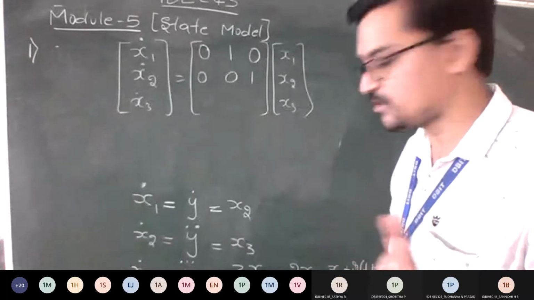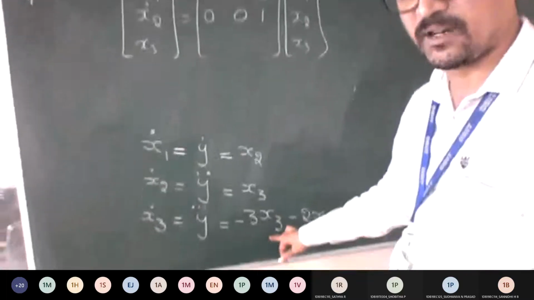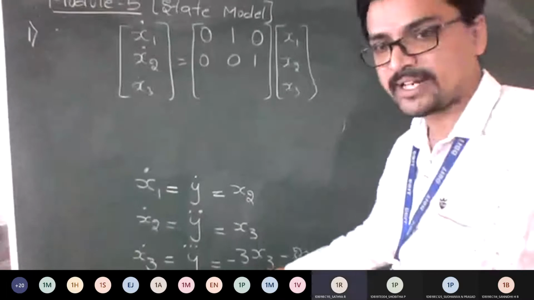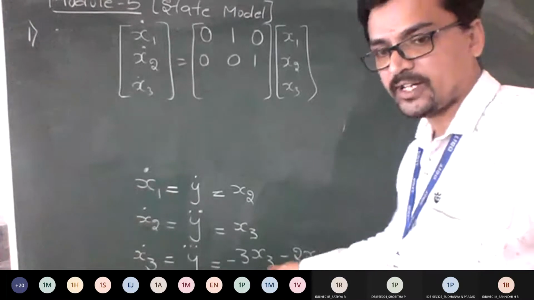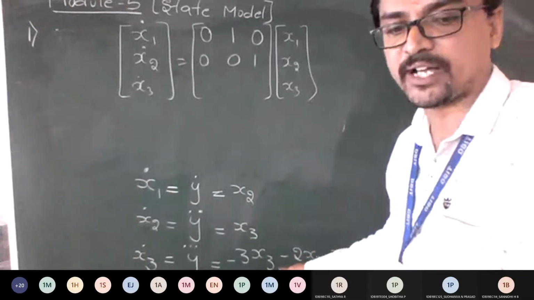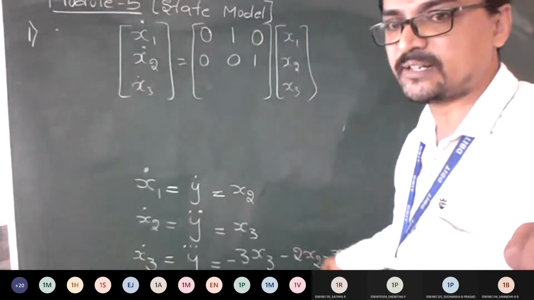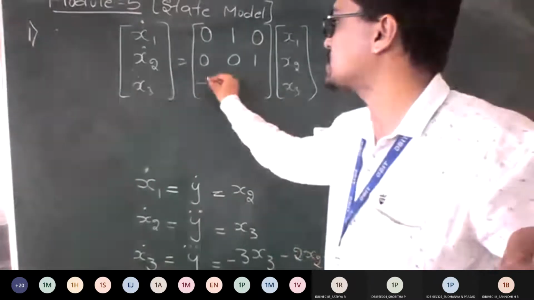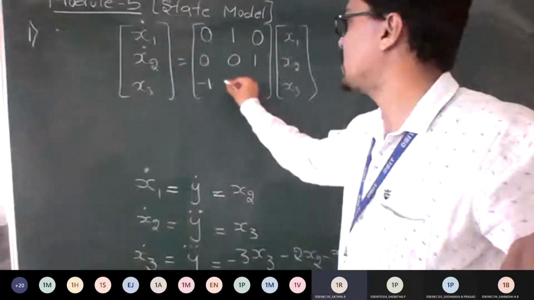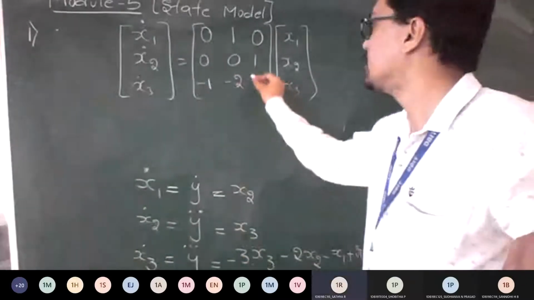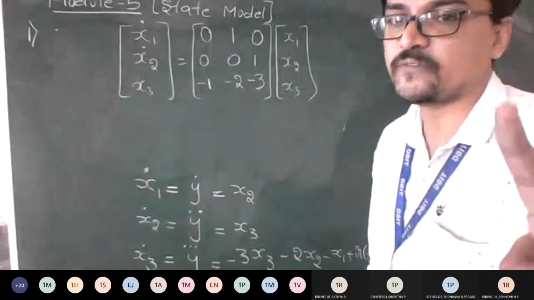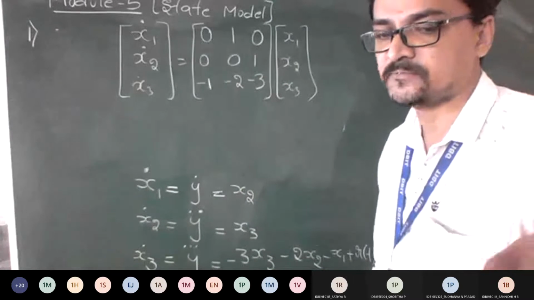Or if you get confused, you convert this. I think it is visible? Last equation. So -3, it's not in order, right? You can make it in order and write the things directly here, or observe it carefully. x1 is having -1, x2 is having -2, x3 is having -3. So what is the coefficient, guys, for my x term?